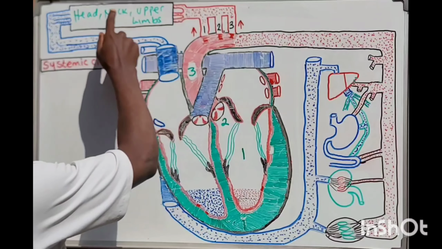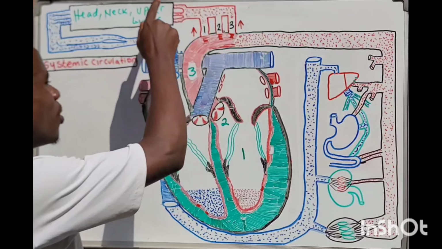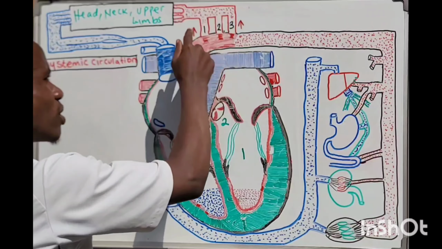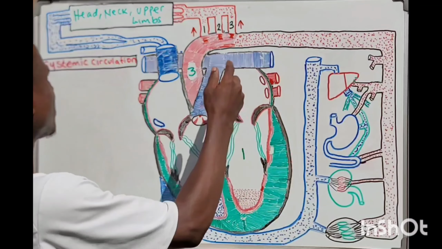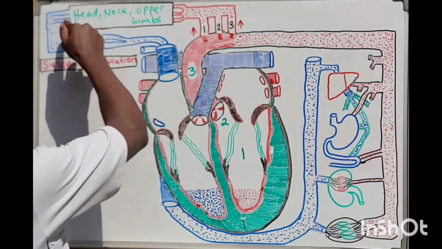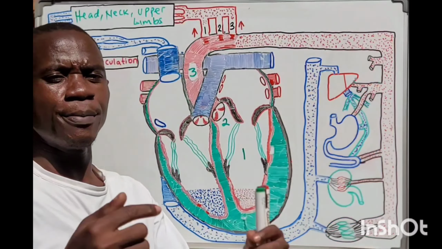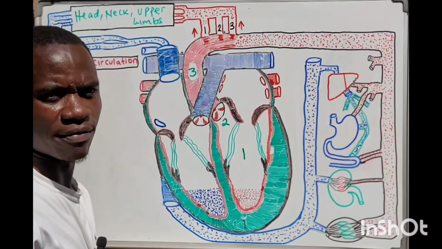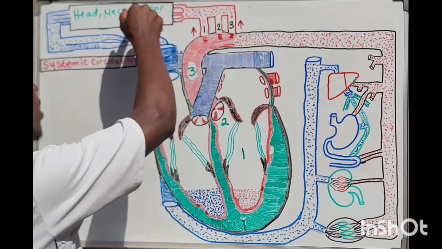And we said the upper extremities of interest are going to be what we call the head, the neck, and even what we call the upper limbs. What happens is that these blood vessels are supplying oxygen-rich, nutrient-rich blood. What happens? They use up the blood in all these upper extremities. Eventually, it will get drained back into the heart, and then it will pass through what we call the superior vena cava. Okay, so now this is going to be the drainage system of all the used-up blood from